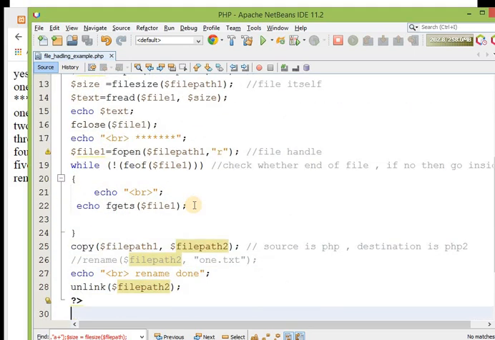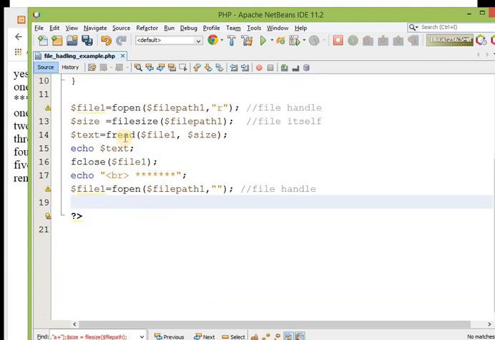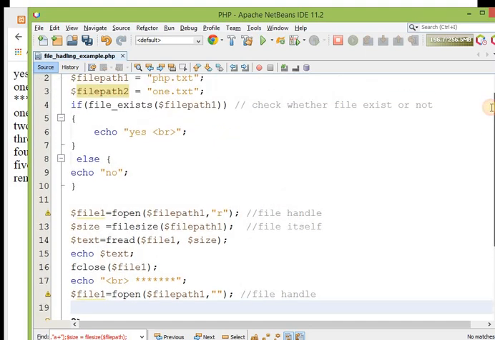Now I want to write content. But see this, what is the mode of this particular file? That is reading. If I want to write, then I have to change the mode. So let's just remove this, it gets complicated. Yes, my file exists.